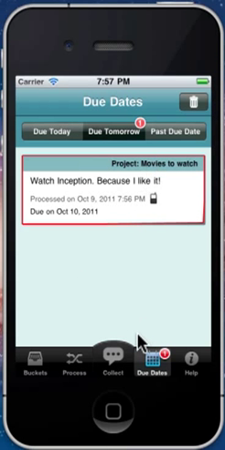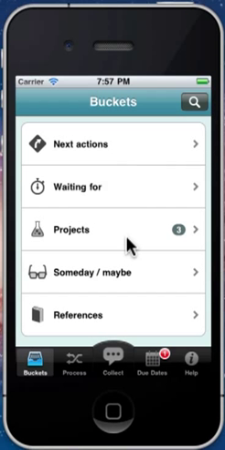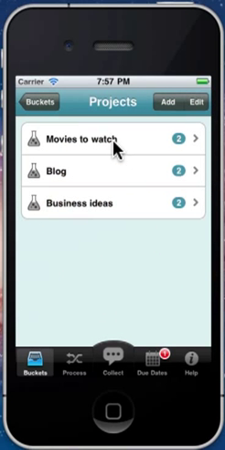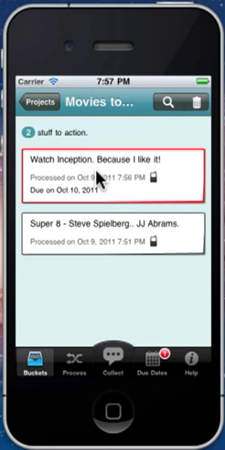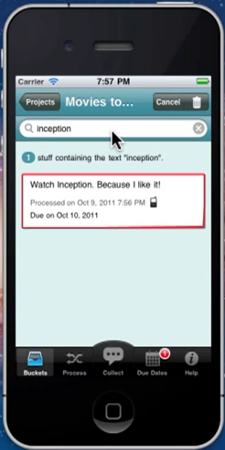Now, let's jump back here to buckets. You'll see that movies to watch has 2 items. And you'll see there's also that search button up the top. Now this search button, when you go into the bucket, only searches that bucket. So if I search Inception, there it is.